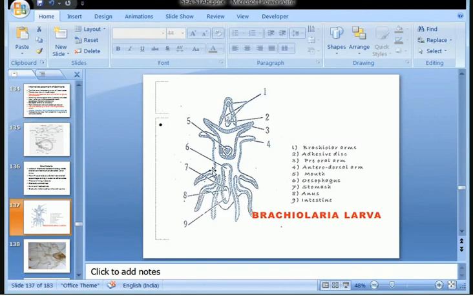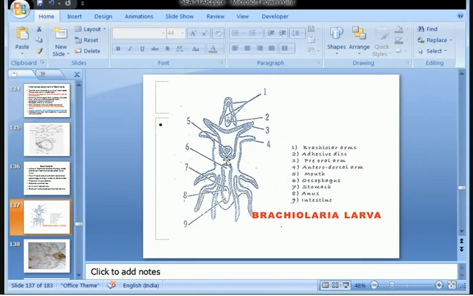Here you see there are these arms formed. Let's go through one by one what these structures are. So these are those small arms, okay, brachiolarial arms, which have adhesive discs, which are non-ciliated. Then here, this is again the adhesive disc showing in these arms. Then three preoral arm. This is the preoral arm. So from this part it is developed. Then we have the anterodorsal arm at number 4 here, anterodorsal on the dorsal side.